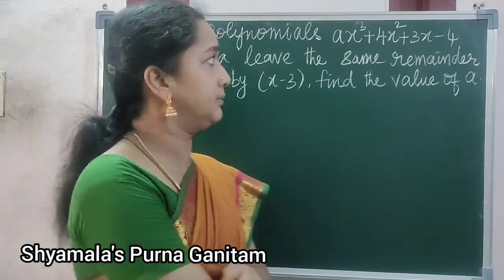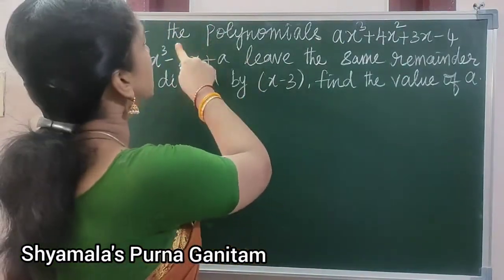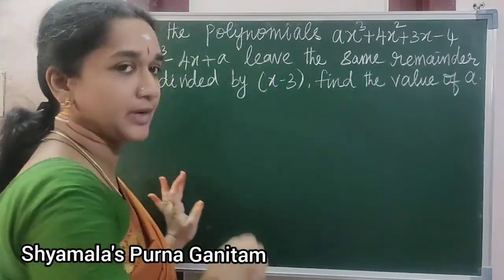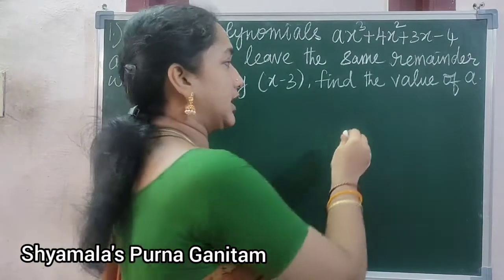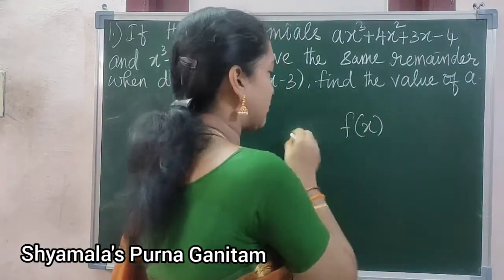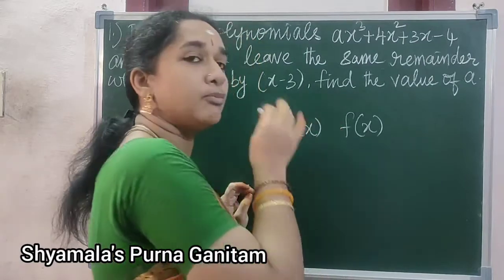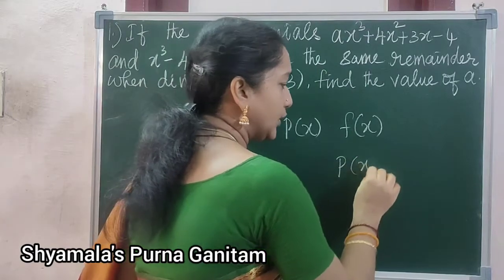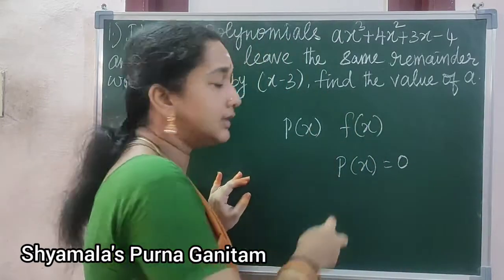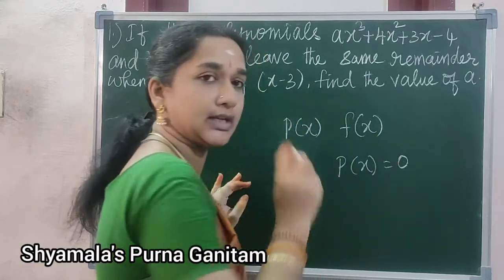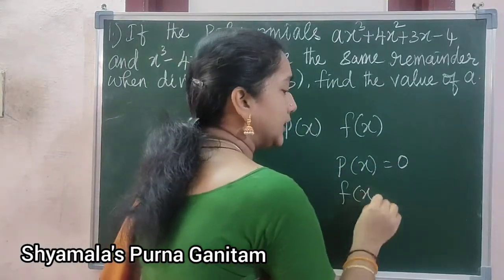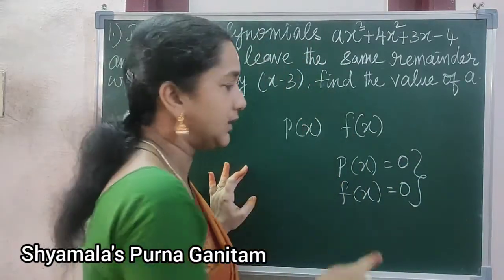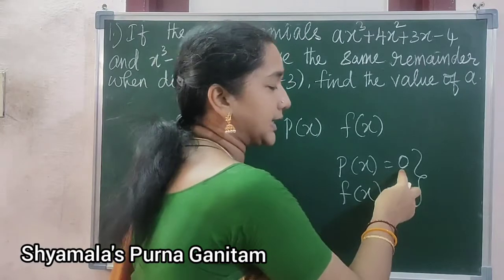So in the remainder theorem, in the question it is given, two polynomials are given that leave the same remainder. For example, when we are taking any two polynomials as f of x and p of x, both the remainders are same. This is the condition given in this question. So, when I am telling that for this given polynomial the remainder is 0, then the other polynomial remainder is same. We are telling that the remainders are same. So, for example, I am taking it as 0.